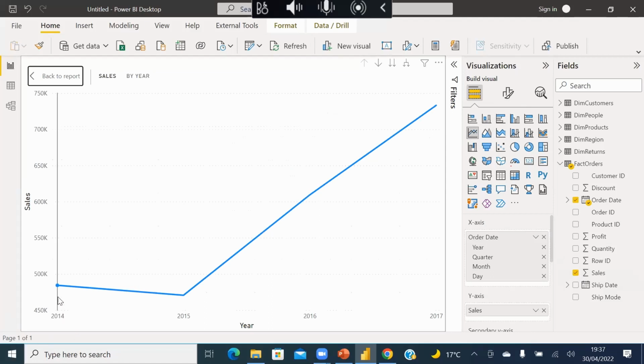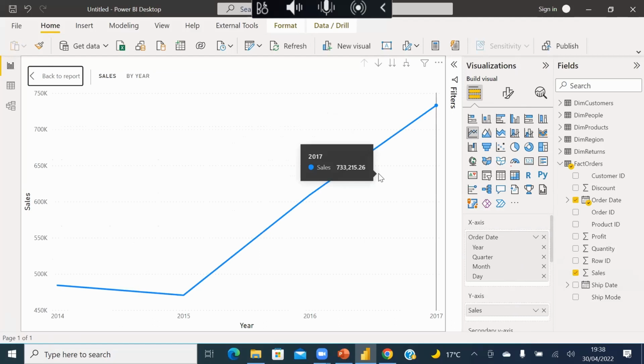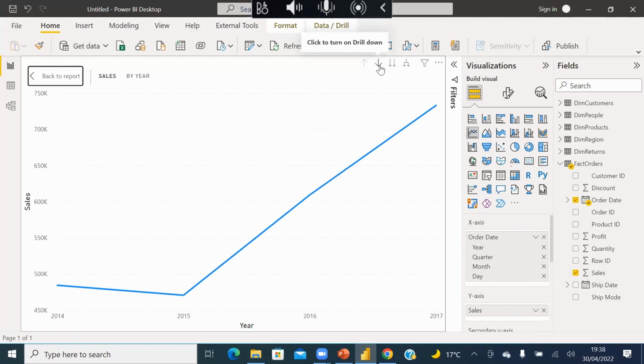So you get to see the year, right? Year from 2014 down to 2017. You get to see your sales going up, which is great and awesome. So what date hierarchy gives you is the ability to drill down and drill through. So in Power BI, there's something called drill down. Look at this well. This is drill down. This is, you drill to the next level. Next level in this instance, you see what it looks like.